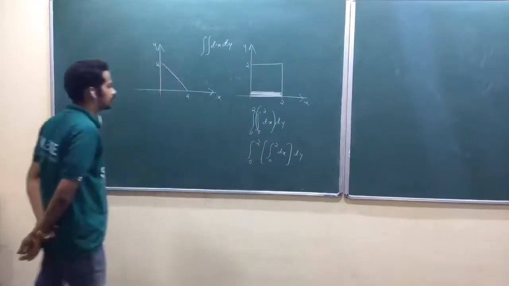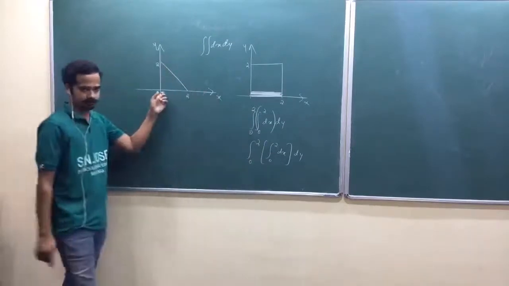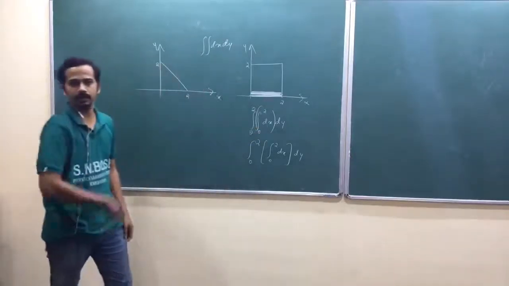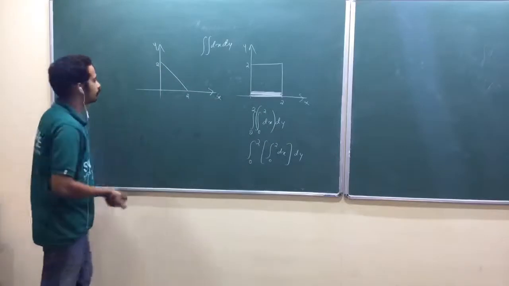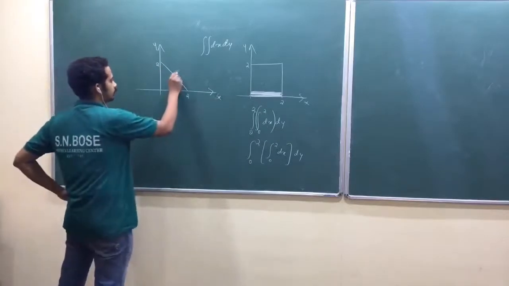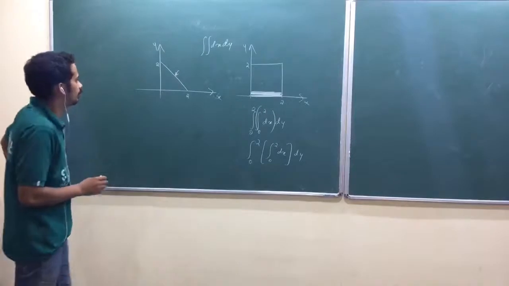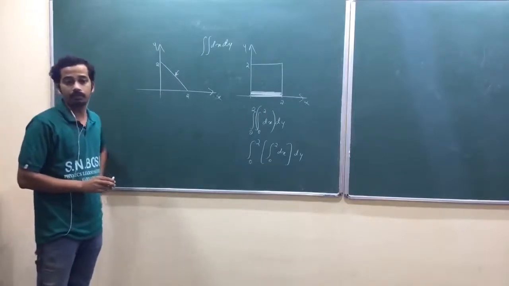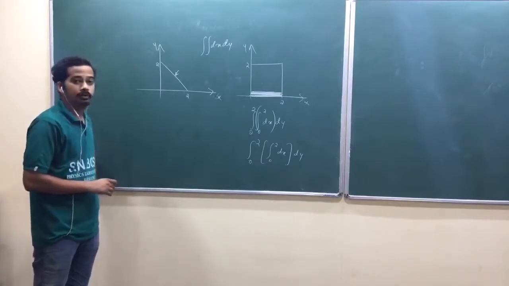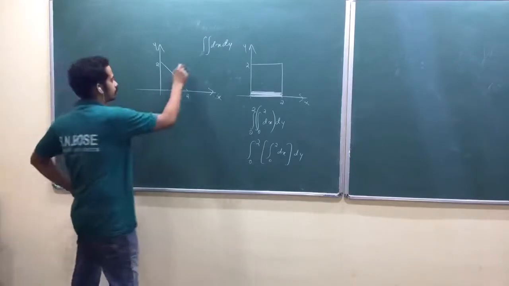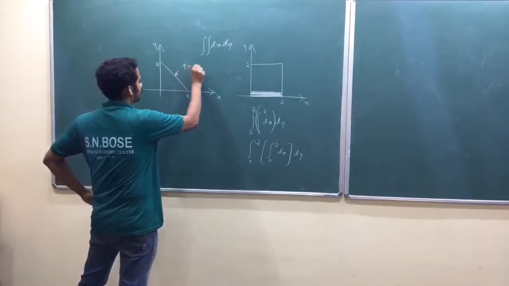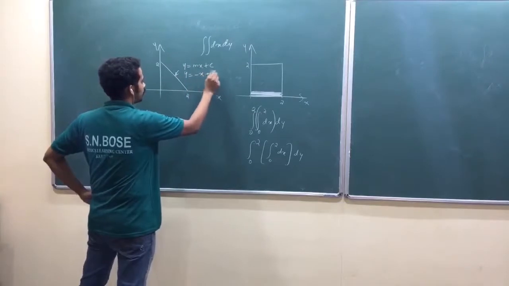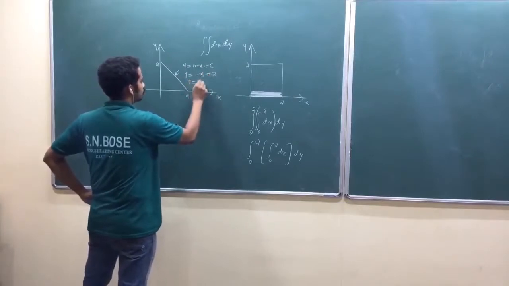So now look here. We shall try to apply the same thing here. Same logic. How? First we have to find one length, then we have to run that length throughout the area. So for that, look here, we need the equation of this line. What is the equation of that line? The y-intercept is 2 and the slope is minus 1. So y is equal to mx plus c, with slope minus 1, so minus x, and the y-intercept is 2. y is equal to 2 minus x.